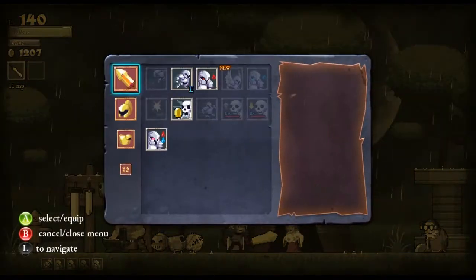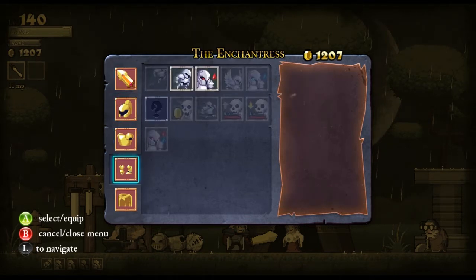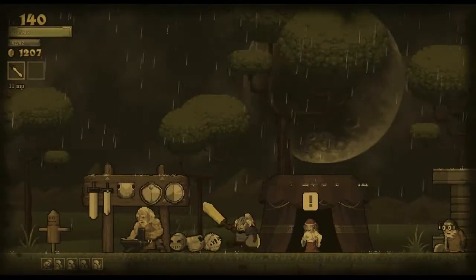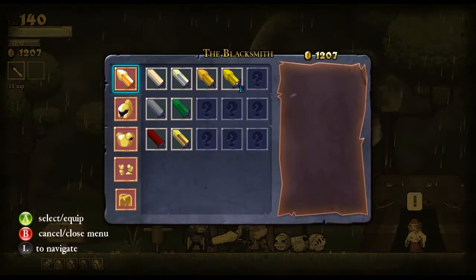How many more runes do we have to go? Well, we've got the sword complete. We've got the helm complete. We've got 1 left on the armor. We've got the gauntlets complete and 3 left on the cape. So we've got 4 more left to get before we are going to be facing off against...